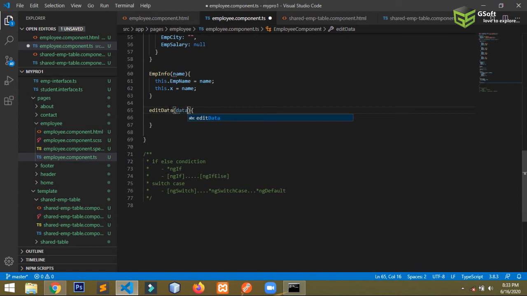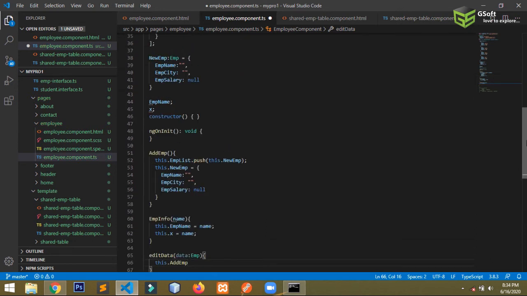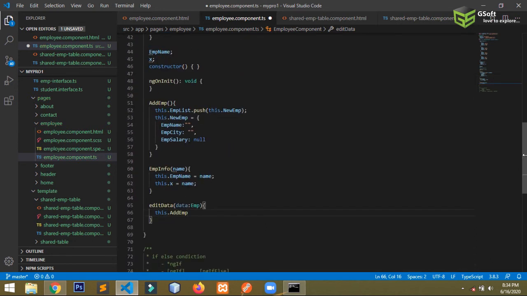I will just take it as data and I will typecast it, and now what I will do is I will just push this data to EMP, add EMP. I think, let me see, name of the new EMP, sorry, I will create a new EMP, equals to data.